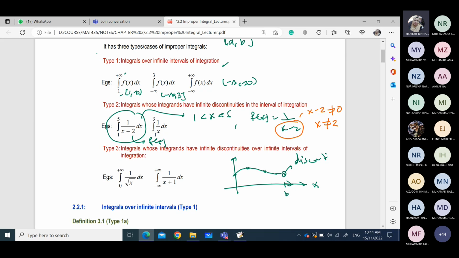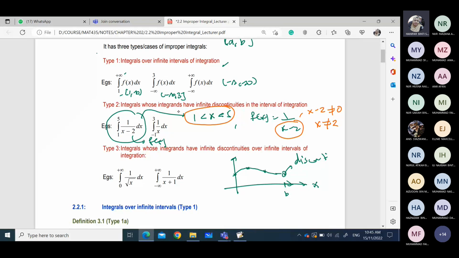Faham. Okay, bagus. So maknanya dekat sini, untuk function 1 over x minus 2, x does not equal to 2. So if x equals 2, then this function is undefined. Okay, so this means that it has a gap at x equals to 2. So pada 2 tu dia ada gap. So bila kita tengok pada interval yang ini, x 1 to 5, it includes 2. So dalam interval ni, terkandunglah nilai 2 dekat situ, which is the values of x in between 1 to 5. So 1, 2, 3, 4, 5. So 2 termasuk dalam interval yang ini.